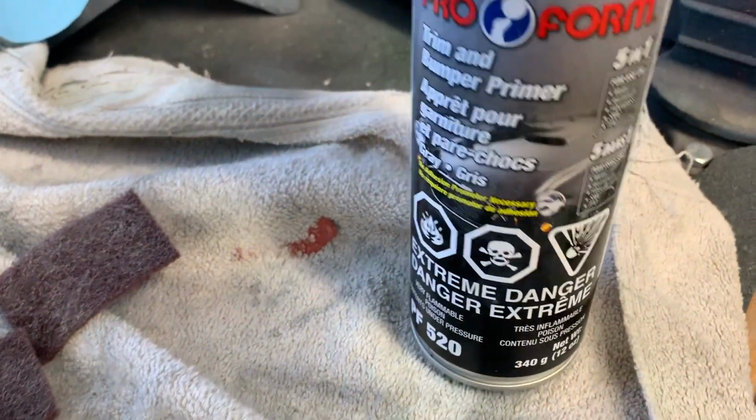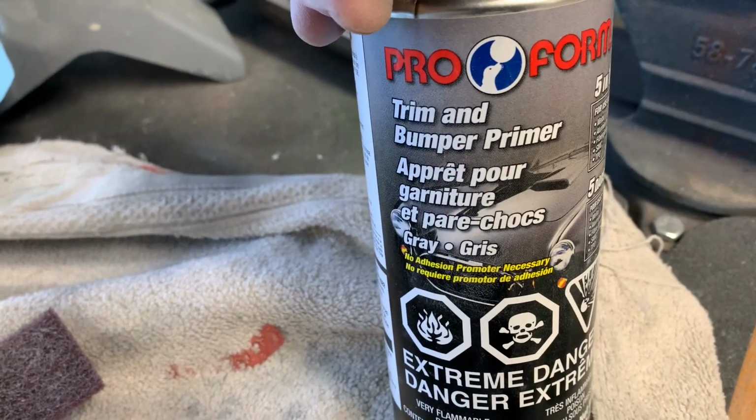Okay, so here's something that, if I have a problem with anything when I do body work, this is the problem that I end up having. And I'm sure a lot of it's to do with the primer that I use, because it's basically a rattle can primer. This is trim and bumper primer, and I use it on plastics because it's flexible. But you can see here there's a